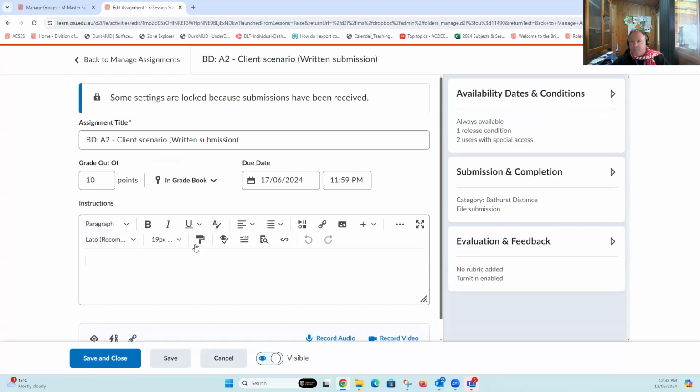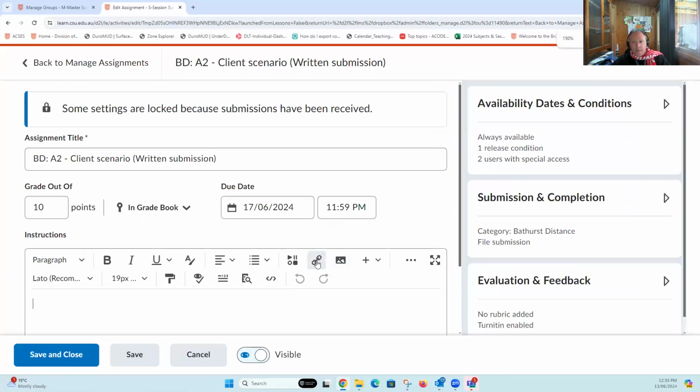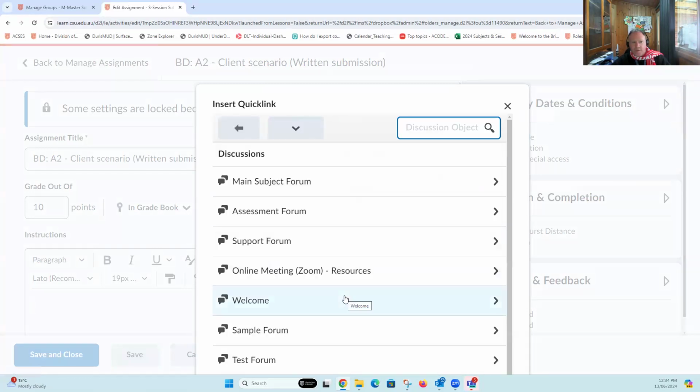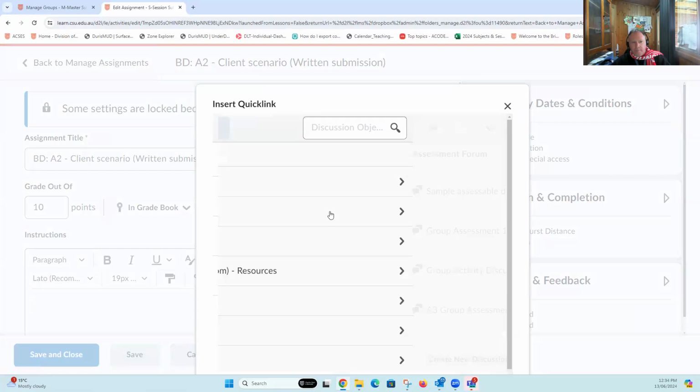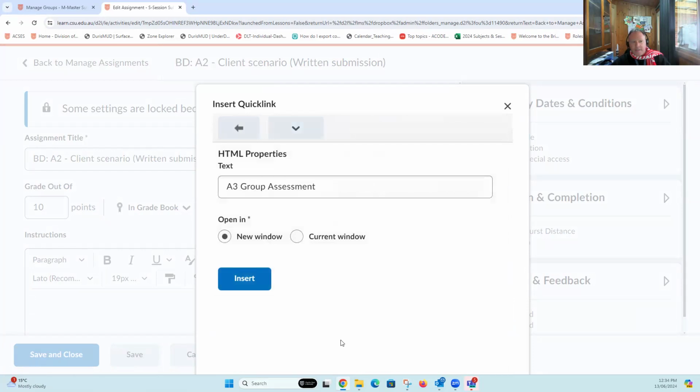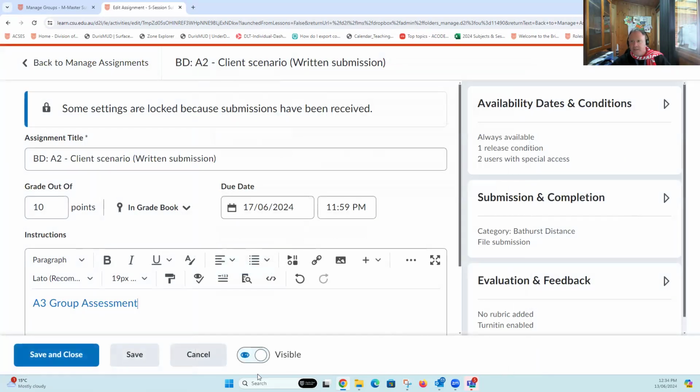Anywhere that you have the Brightspace editor available to you, you can now use the quick link tool, which is sitting here in the editor with the chain icon, and I can get the students to jump directly to that part of the discussion forum, the assessment forum that we created, and the assessment topic that we created. This now creates a link directly within the assessment task that will take the students from the assessment description straight